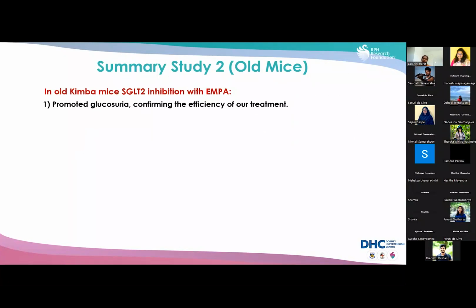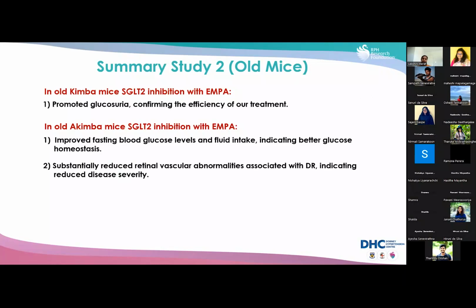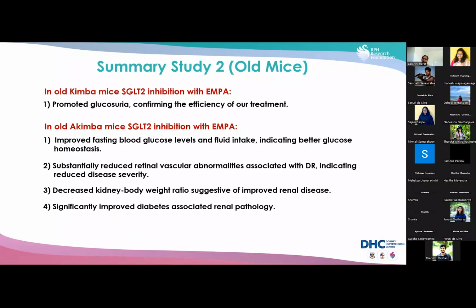So in summary of our second study, which utilized the older Akimba mice with a progressed disease. Firstly, we showed that in the non-diabetic Akimba mice, the SGLT2 inhibitor EMPA promoted glucosuria, confirming the efficacy of our treatment. And in old Akimba mice, SGLT2 inhibition with EMPA improved fasting blood glucose levels and fluid intake, indicating better glucose homeostasis, and substantially reduced retinal vascular abnormalities associated with diabetic retinopathy, indicating reduced disease severity, and decreased kidney body weight ratio suggestive of improved renal disease, and lastly, significantly improved diabetes associated